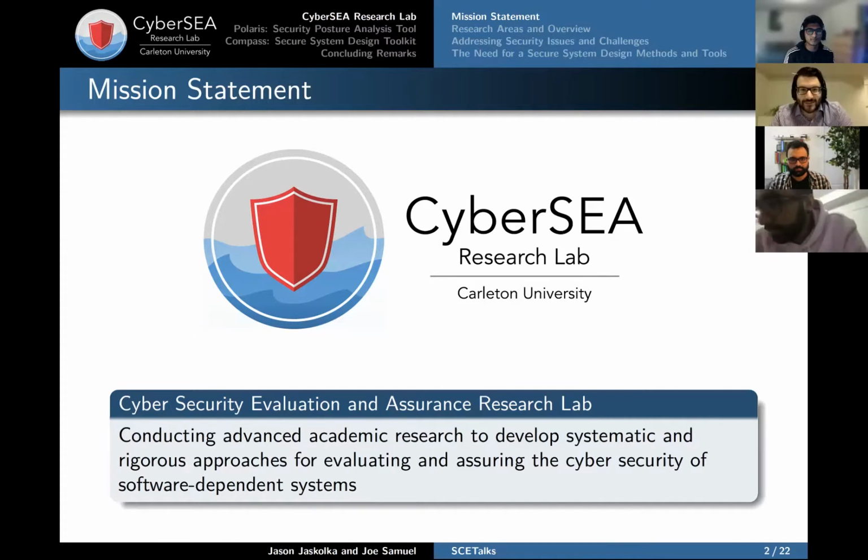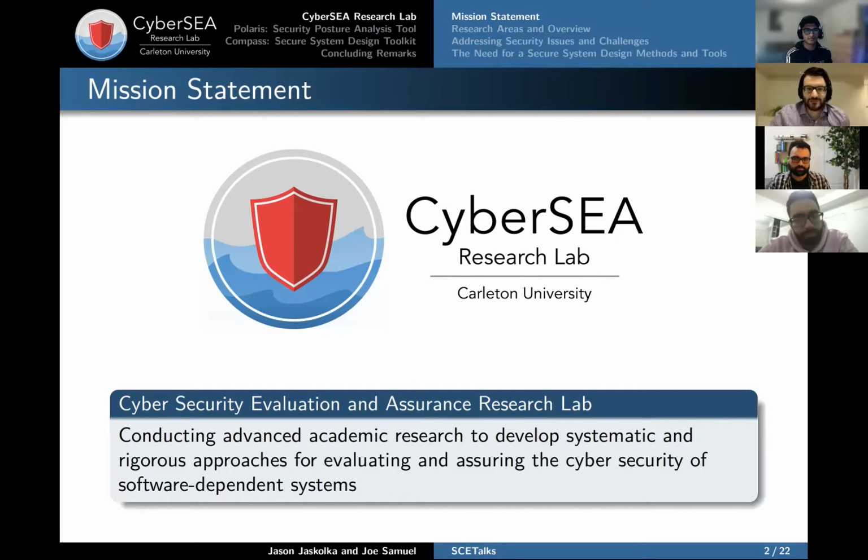What exactly does that mean? What exactly that means is when someone comes to you and says, hey, I developed this really cool system and trust me, it's secure. The first thing that you ask back is you say, well, can you prove it? Can you show me that it's secure? How can you make that claim without the evidence to back it up? So what cybersecurity evaluation and assurance is all about is generating all of that evidence through analyses of software systems to support those claims about the security and or resilience of your systems.